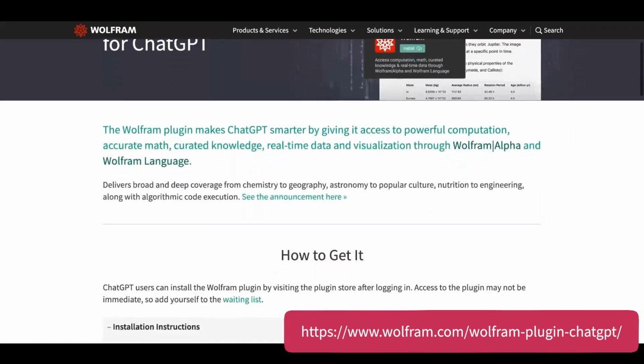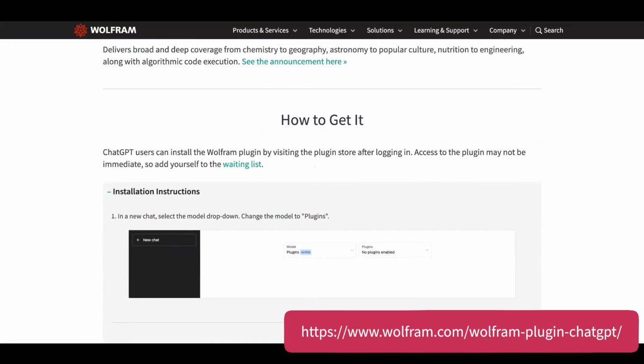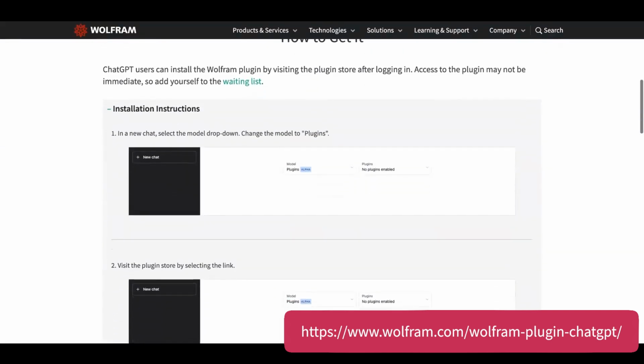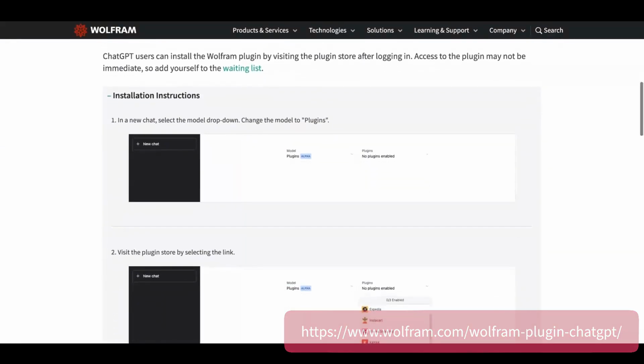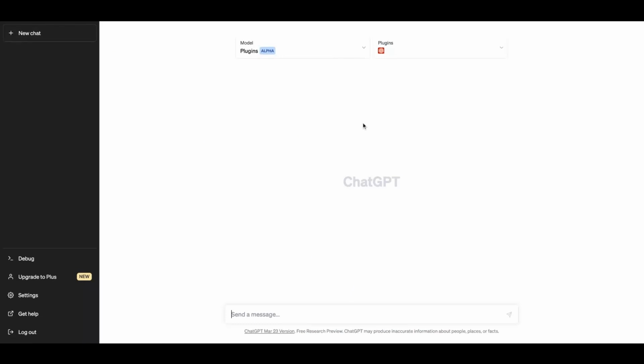From the Wolfram website, we have a page dedicated to accessing the Wolfram plugin for ChatGPT. There are detailed instructions here under the installation instructions, including screenshots of how to access this plugin. And I am going to dive into looking at what the Wolfram plugin actually enables us to do from within ChatGPT. Obviously, ChatGPT is an amazing piece of technology that has really great